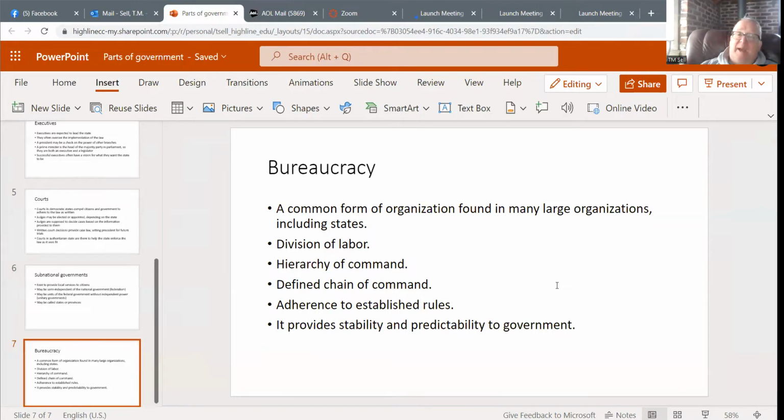There's a hierarchy of command. Somebody's in charge, somebody's underneath them. People have to sort of follow orders. So it's a defined chain of command. We know who's in charge and we know what everybody's duties are. Adherence to established rules. Now, why this is important is that